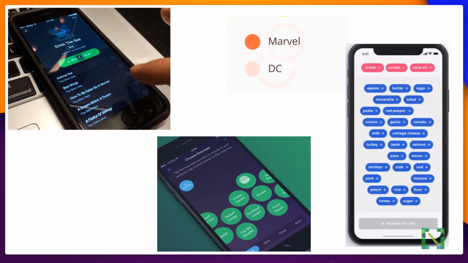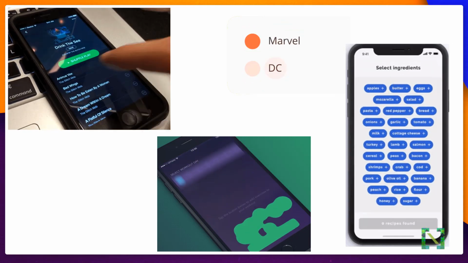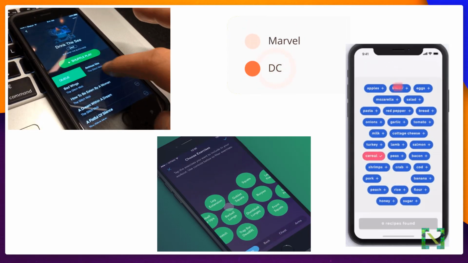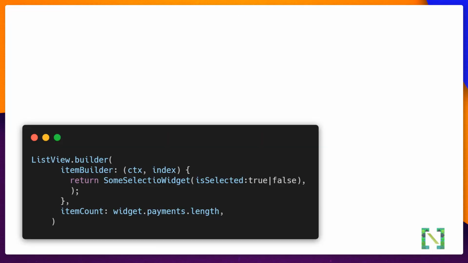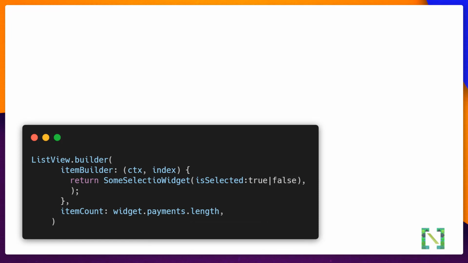So in this video, we will see the concept of what single selection or multi-selection is in Flutter, and you can apply it to any type of UI and customize it accordingly. Concept-wise, selections are the same. For such selection, we use a scroll view or list view. Commonly we use a list view. Here you can see multiple copies of items will be made according to the list length, meaning copies will be made of some selection widget, and the isSelected parameter inside it decides if the particular item is selected or not. The code is the same for single selection and multi-selection.